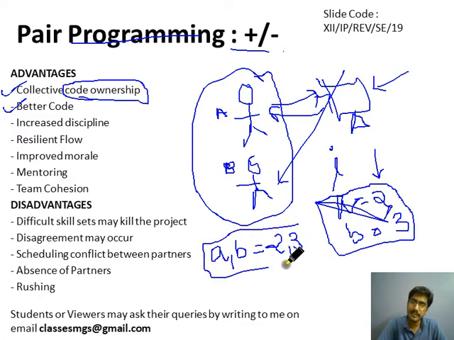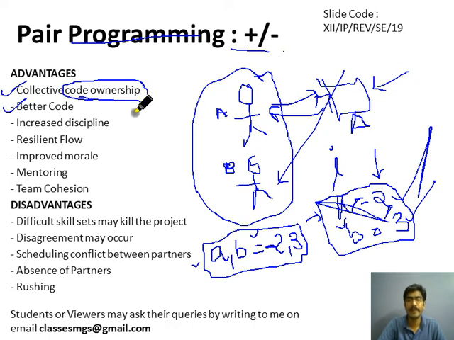The same thing that we can achieve in one line is written by one programmer in 2 lines, and this can be done in only one line. So this code is better than this code. If only one person is working on a software, then he would definitely write this, because he knows how to initialize the variables a and b, but he doesn't know multiple variable assignment. So that's why he will not write like this, and we will end up with the 2-line code. So this is not a better code. Here it is a better code. That's why in pair programming we get better code.